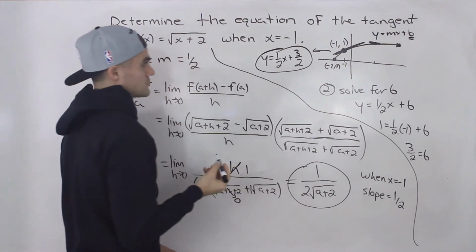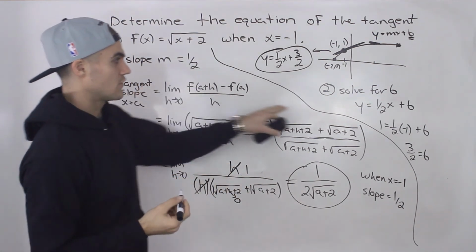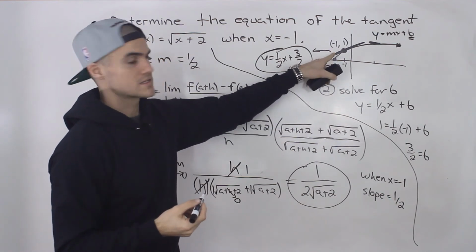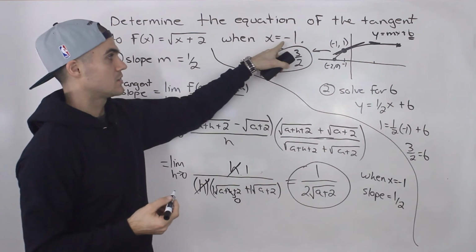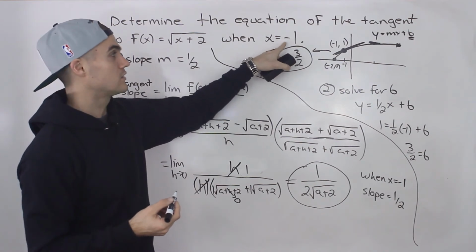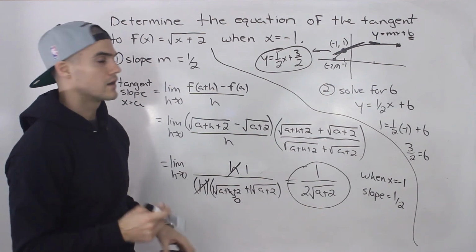Right, so 2 steps. We have to find the slope of the tangent, and then we have to solve for the b value using the coordinate. Sometimes they'll give you the full coordinate on the function, or sometimes they'll just give you the x value, and then you have to find the y value manually by plugging it into the function, but it's not a big